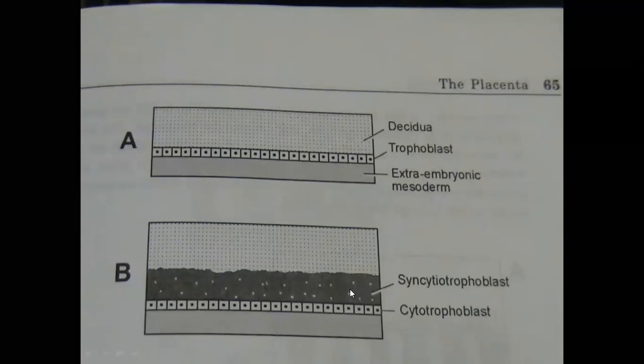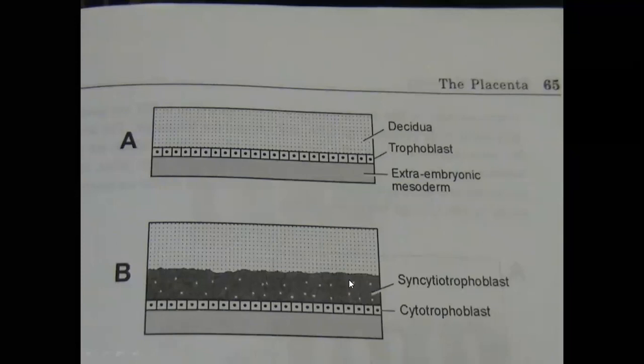Initially we have trophoblast. Trophoblast gives rise to a layer that is cytotrophoblast. The cytotrophoblast has cell boundaries, and you can make out a centrally placed nucleus. Then another layer is formed from trophoblast, that is syncytiotrophoblast. This layer does not have cell boundaries. The cells are there, but cell boundaries are not there. Now the syncytiotrophoblast layer multiplies and forms a thicker layer.